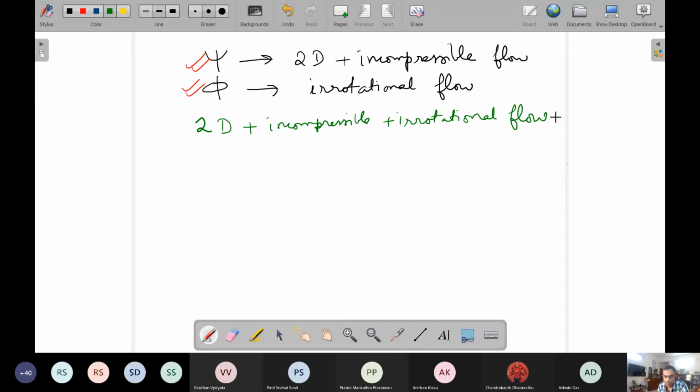So two-dimensional plus incompressible plus irrotational. The reason for taking this restriction is that you can then define both of these. So then,